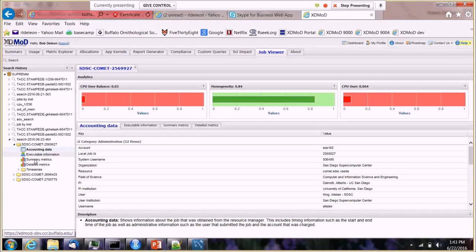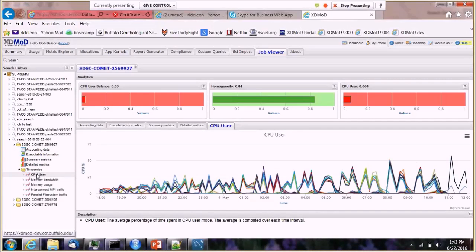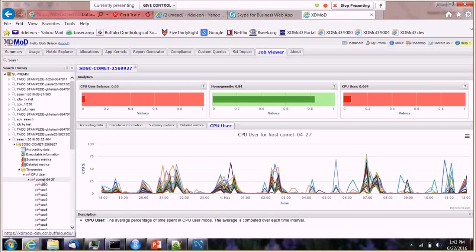Let's see. So let's just look at it, see what they look like anyway. Well, you at least get an interesting looking one here. The CPU user is there. Let's see what happens. What do we got here? One node. So. Okay, not sure what it's doing, but it's an interesting looking job. It's not doing much, but